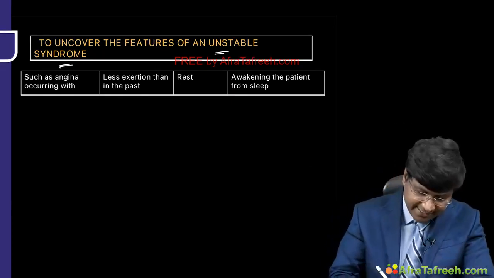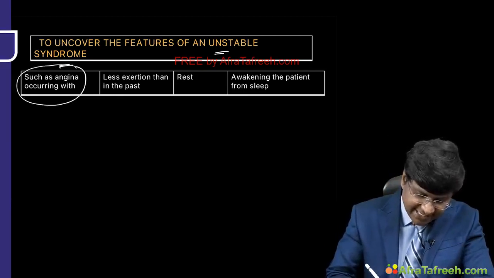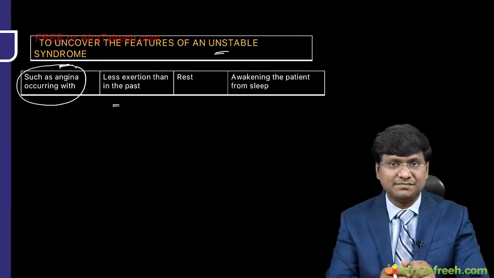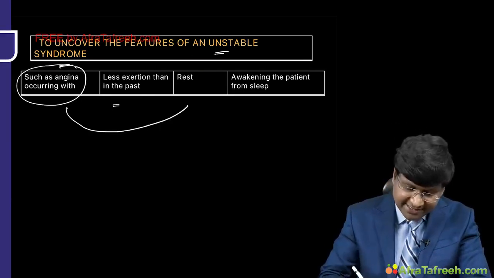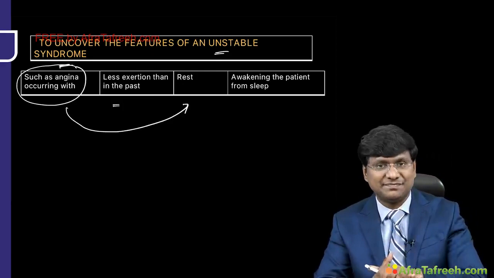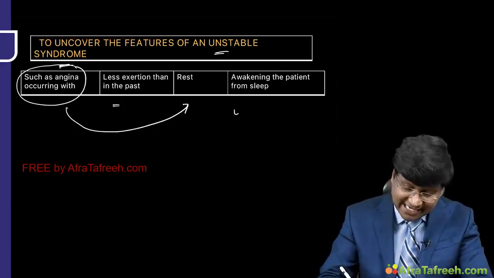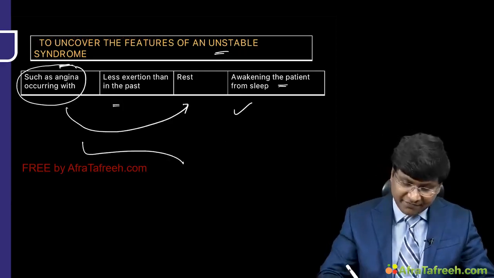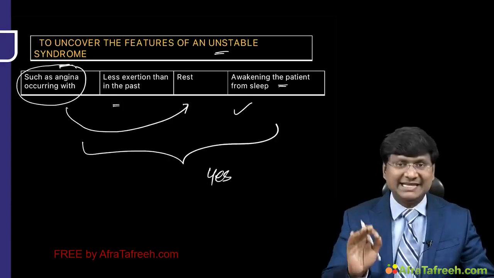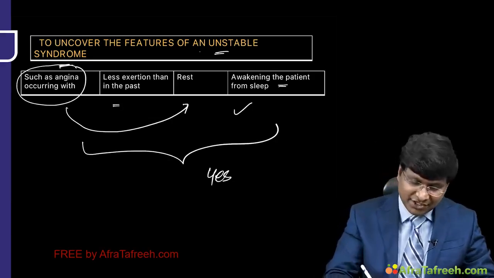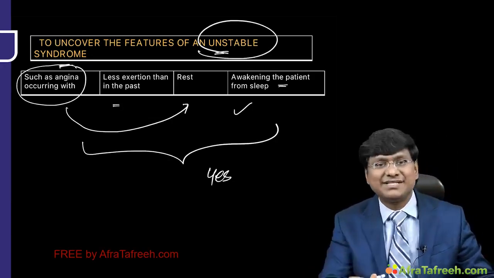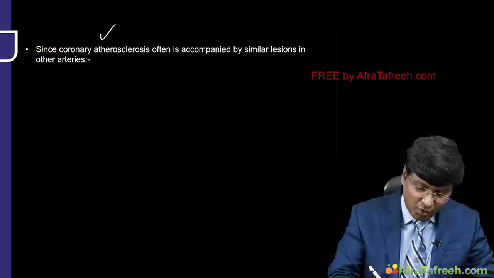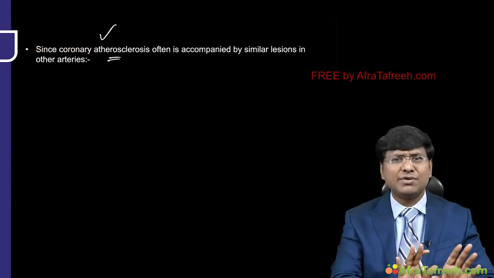Such as angina occurring with less exertion compared to the past, or angina occurring at rest, or angina occurring upon awakening the patient from sleep. So if the answer to these three questions is yes, then the patient is going into a state of unstable syndrome, right? And you have to understand that the most common cause of ischemic heart